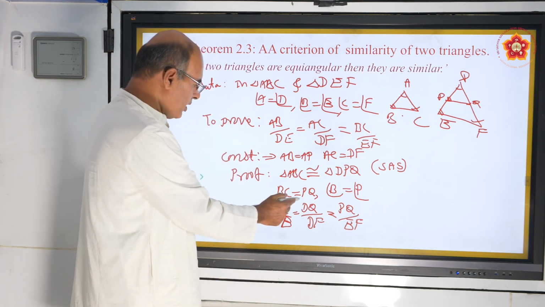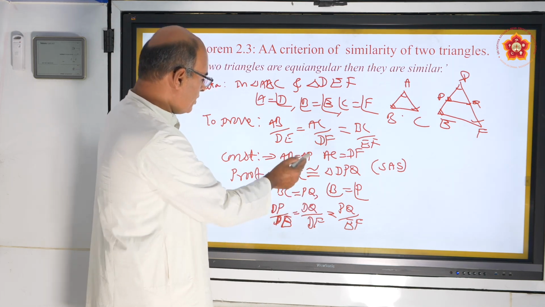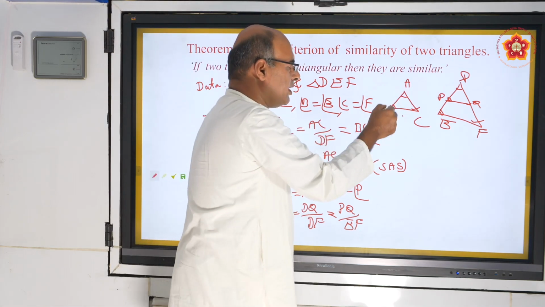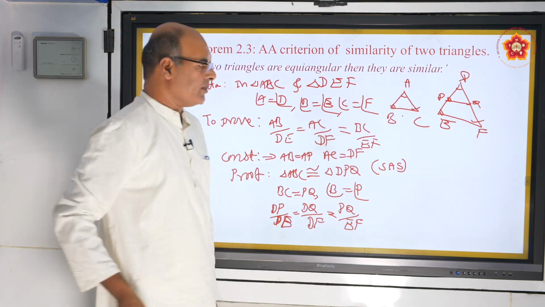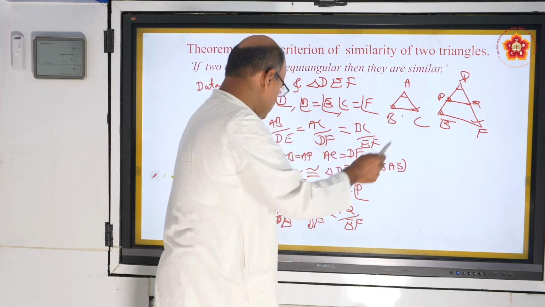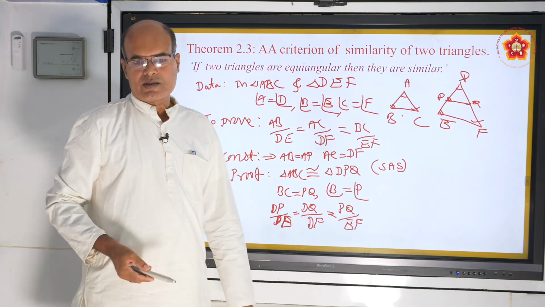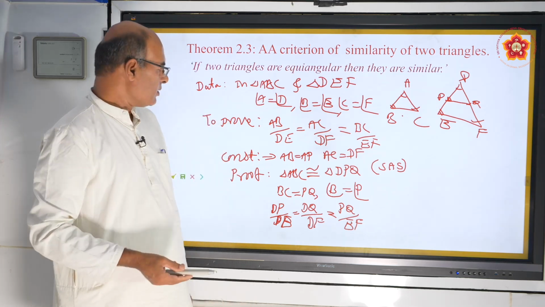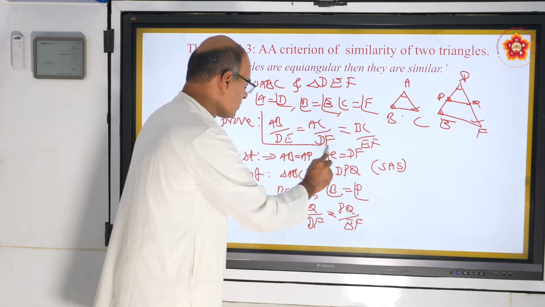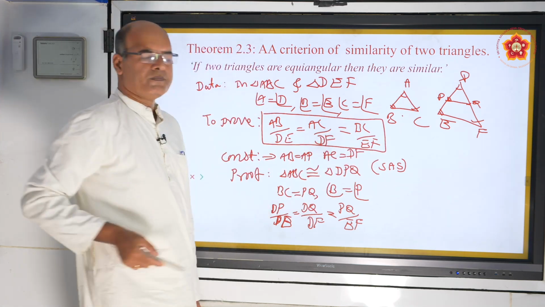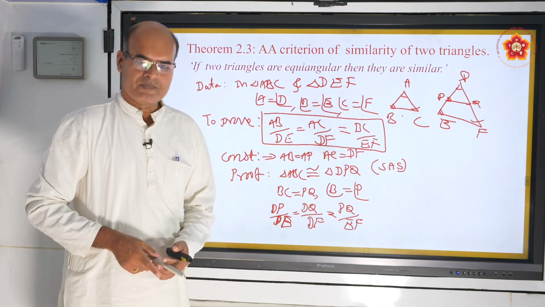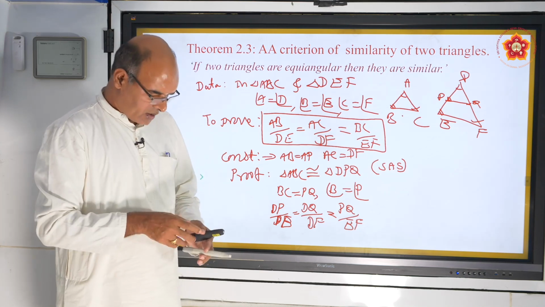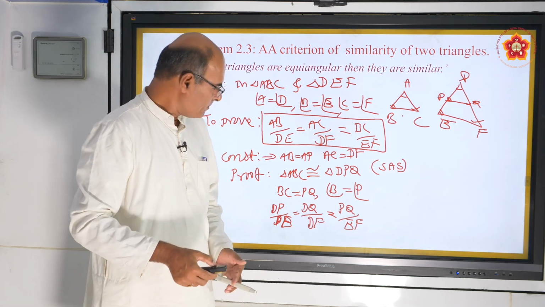Now change DP, DQ and PQ. So DP is equal to AB, DQ is equal to AC, and PQ is equal to BC, corresponding parts of congruent triangles. So if we change that, we get the result we needed. Understood, boys? Let us look at all the steps once again.